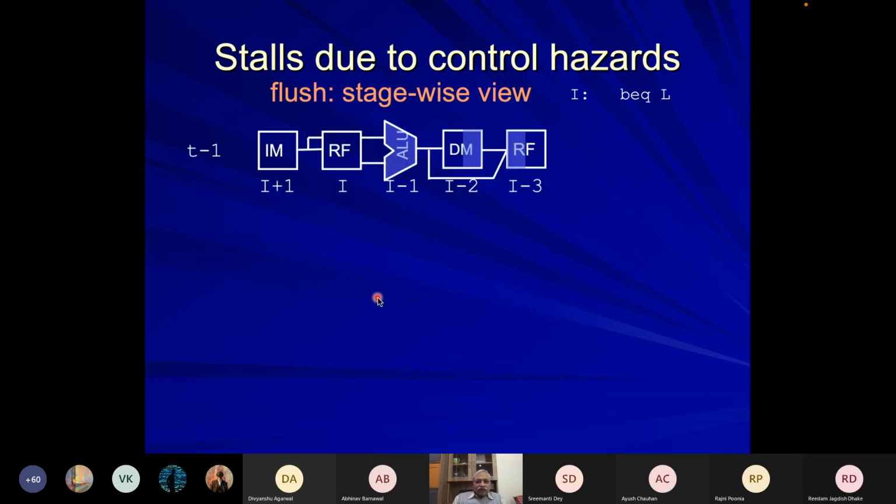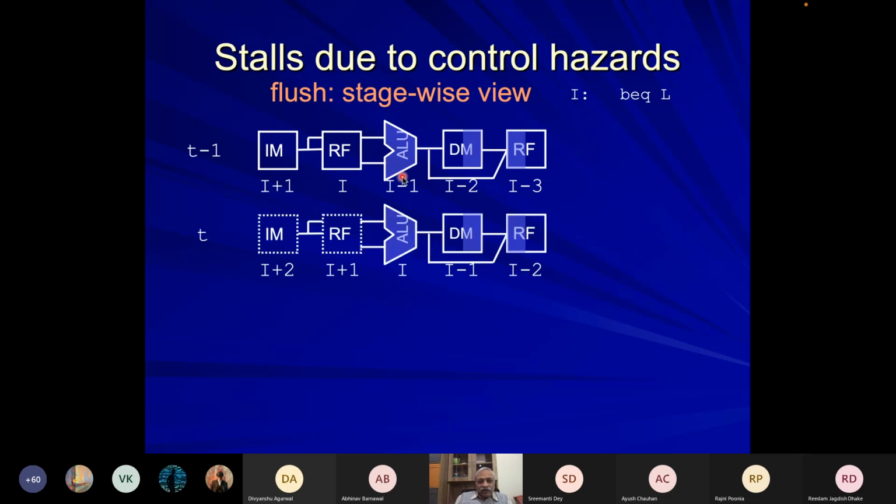So now the time is proceeding from top to bottom. At t minus 1, different instructions are in different stages. Let's say the branch instruction has reached the decode stage. I plus 1 is after it; I minus 1 and I minus 2 are before instruction I, and they are in stages subsequent to RF. So in the next cycle,